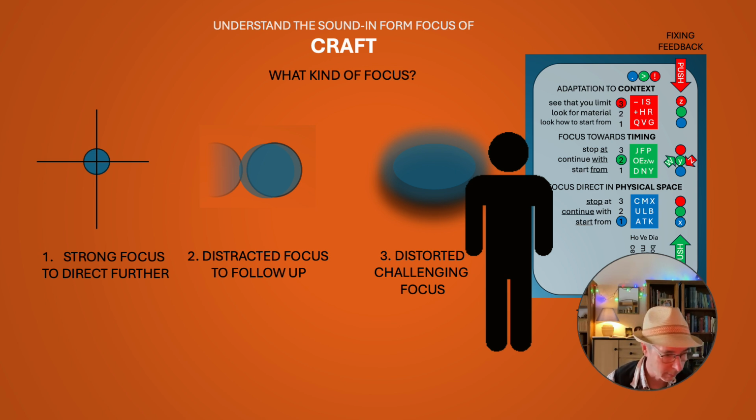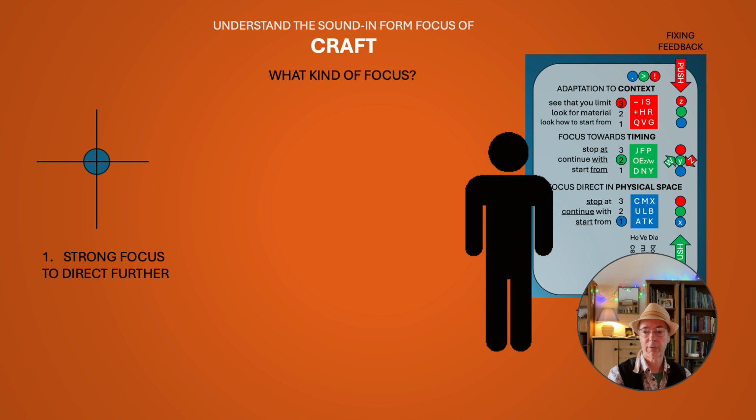Yeah, I have to take care very much to keep all my senses together, or is it really so challenging that you really depend almost on things that come from elsewhere? So when will the craft be strong? When will a craft be available to you in one of these categories? Of course, it's the first category you will have. First, strong focus, which you also want to direct further.